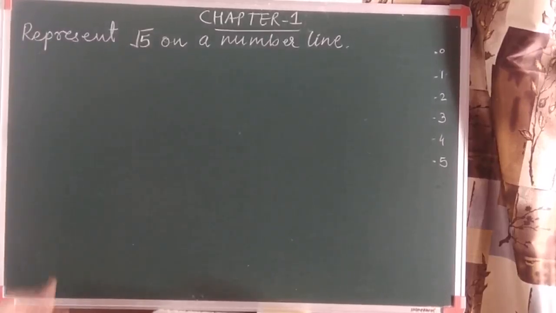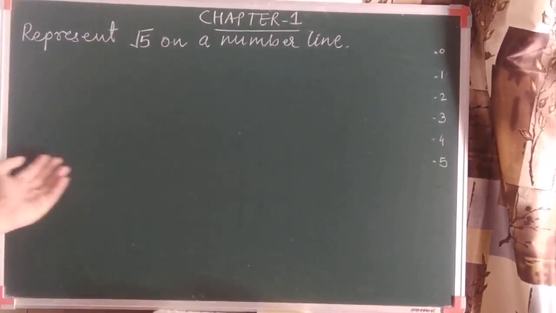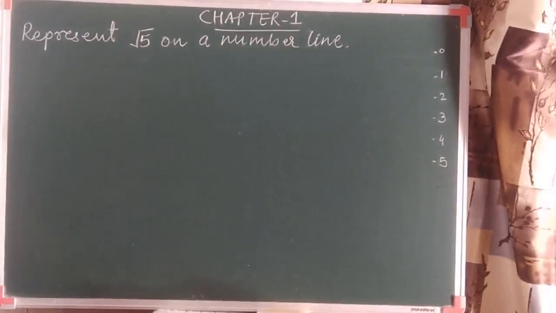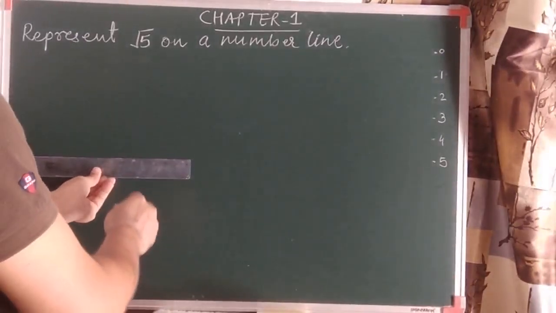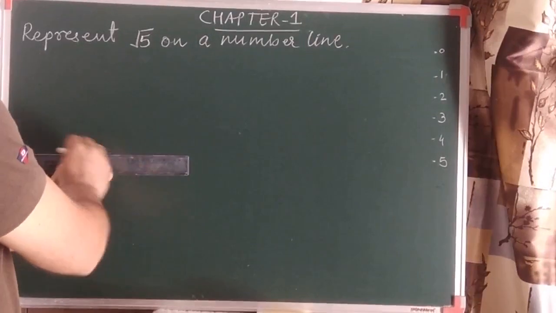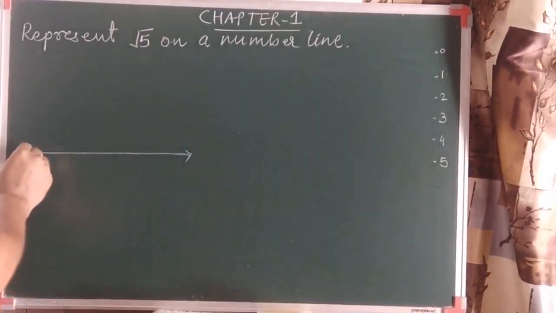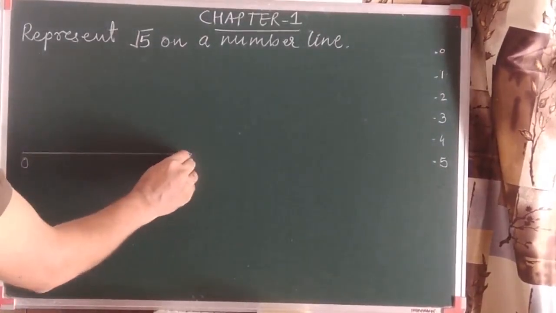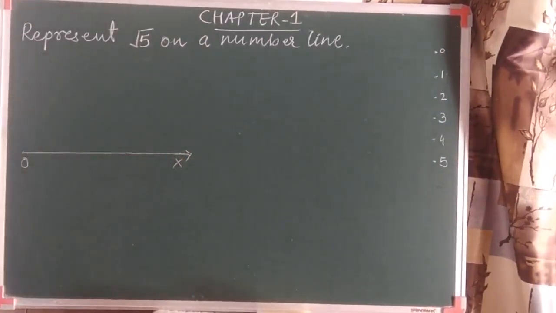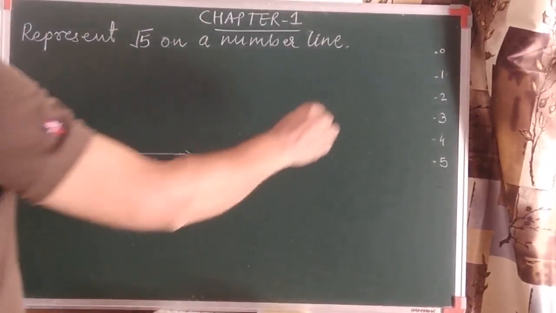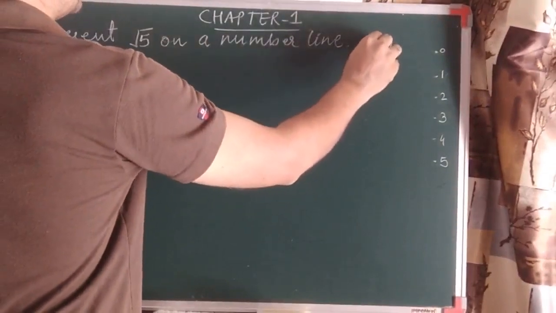So again it is the same method which we discussed, but as I told you, how many units should be taken on the ray which we draw first? If I draw a ray here, as we discussed, the ray should not have any measure. So this is the ray OX. Now how much distance should I take here? It is based on which number we have to represent. As it is root 5, we'll go to the previous number. The previous number of 5 is 4. So we can say that root 4 is